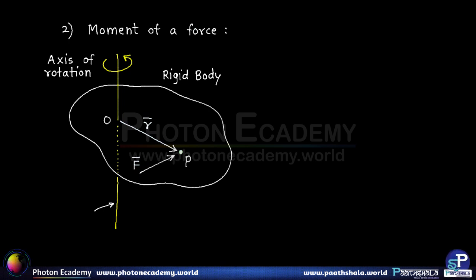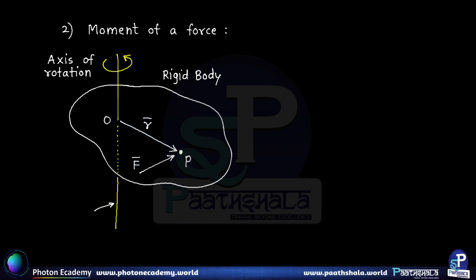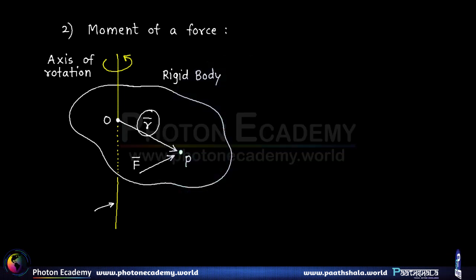Now this force will obviously produce the turning effect in the body around the given axis, right? That particular turning capability is measured in terms of the moment of a force. The vector joining the point on the axis where the axis cuts the rigid body and the point P itself, that we denote as say r bar. It is as if the radius in which that point P is going to move in circles when the body starts rotating, okay? Now here the moment of the force is denoted by m bar because it's a vector,